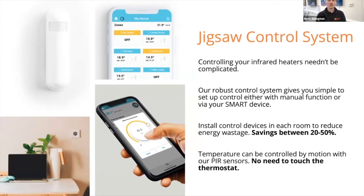So if you are not in that room, why are you heating that room to even above 18 degrees? It's a waste of energy. So we can control that system. If you're not in the room, then we can have a fallback temperature, say 15 or 16, whatever preferred temperature you want. And then when you walk into that room, the heater will know that you are there